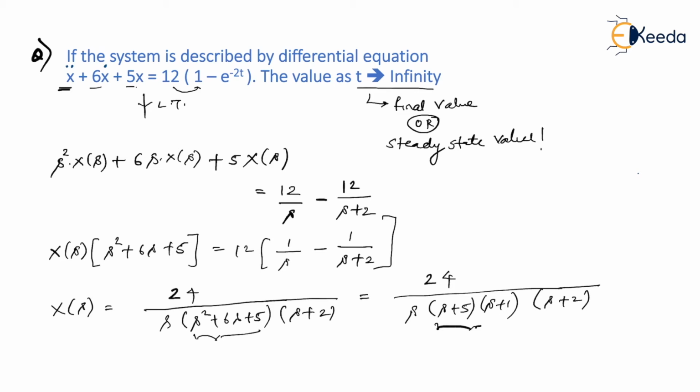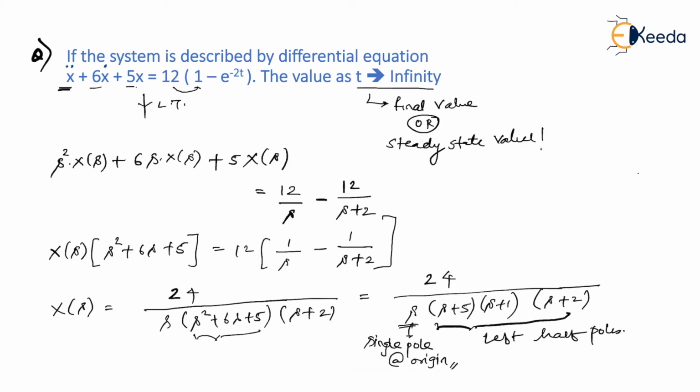S plus 5, s plus 1, s plus 2, it means all poles are lying on the left half of the S plane, am I right? Because whenever you equate the denominator equal to 0, only then you get poles. So please don't forget that. So it indicates that they are left half of S plane poles. So these are left half poles, am I right? But you would see that there is one pole at origin. So this is a single pole at origin.